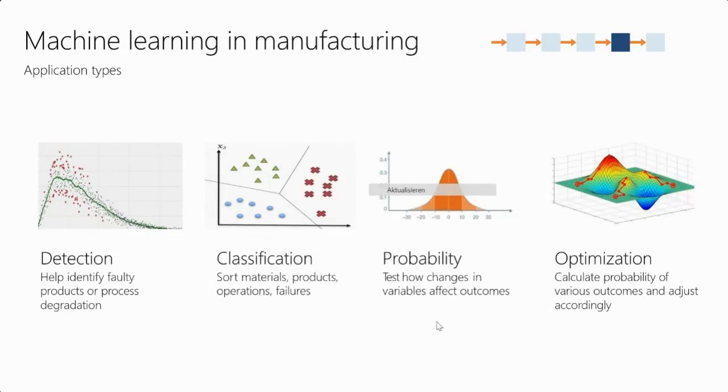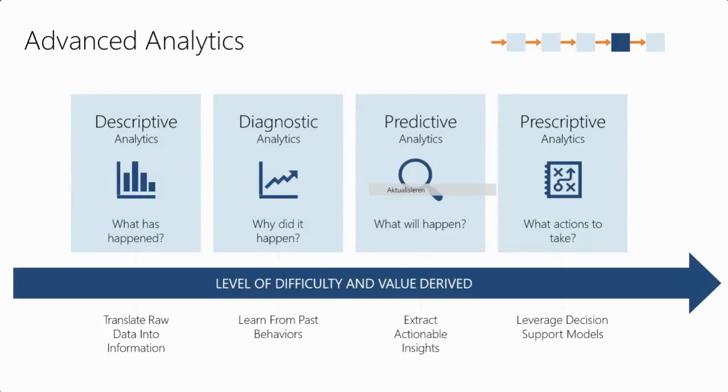So if you add one more robot in this production line, you can save 20% of time. All the sort of optimization, all the hypothesis testing can be done in this phase. All right. So there are four different layers of analytics. You basically say in descriptive what has happened. This can be done in the ETL phase itself. You transfer the data into information, and then you diagnose why did it happen, and then you give, using a machine learning model, a predictive view of what will happen now, and then you say prescriptive action, what action to take. So all these are things which data scientists will use as a mantra to deploy